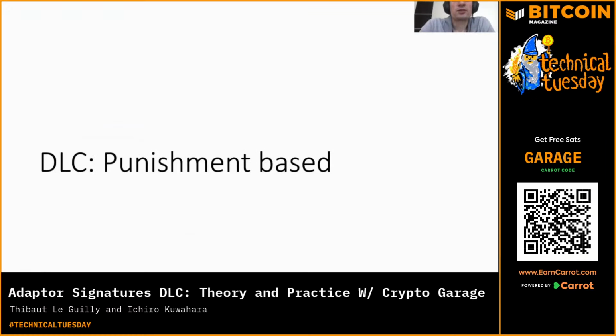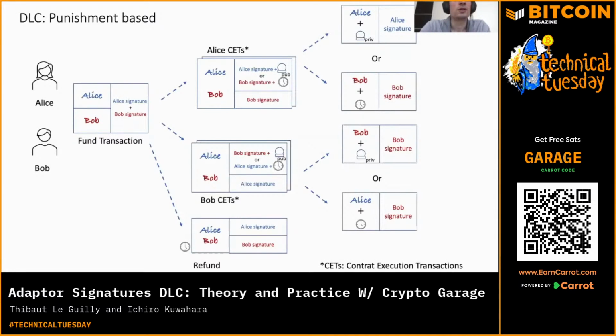All right, so now we're going to recall the original DLC protocol, punishment-based, similar to how the Lightning Network is currently implemented. Here we have an overview of all the transactions that are involved in the punishment-based DLC protocol. On the left here, we have the fund transaction, which is pretty much similar to the fund transaction in the Lightning Network. Both parties input some funds, and these funds get locked into a 2 out of 2 multi-sig